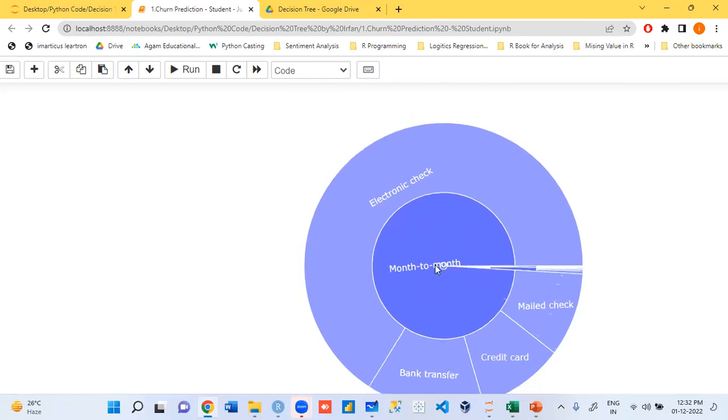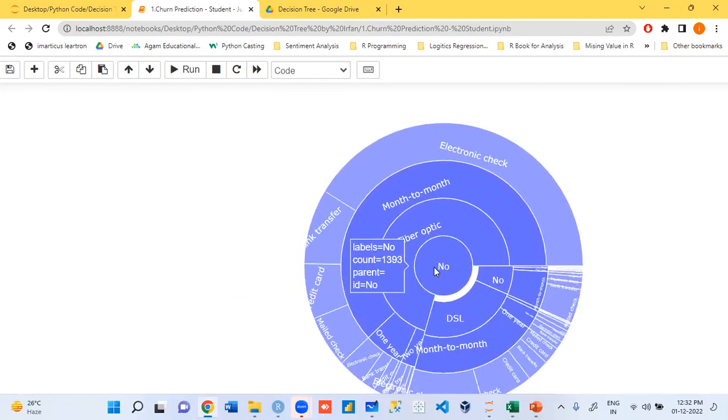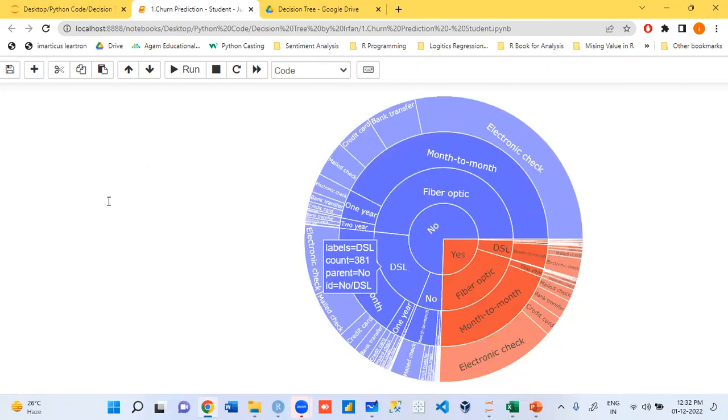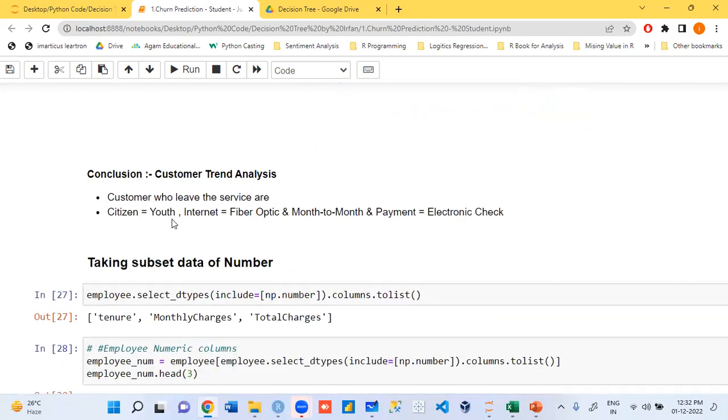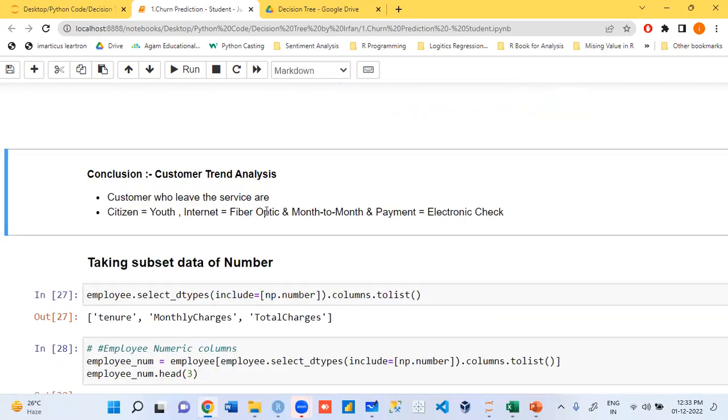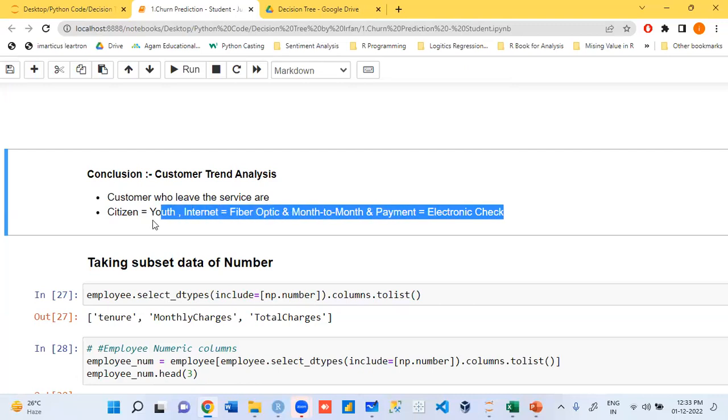So we can say, as an interpretation to business, the customers who are leaving are youth people who use fiber optics, do monthly recharge, and make payment electronically. So these are the difficulties for our company. If we improve this, customers will come back. Otherwise, they will never come. Got the point, guys?